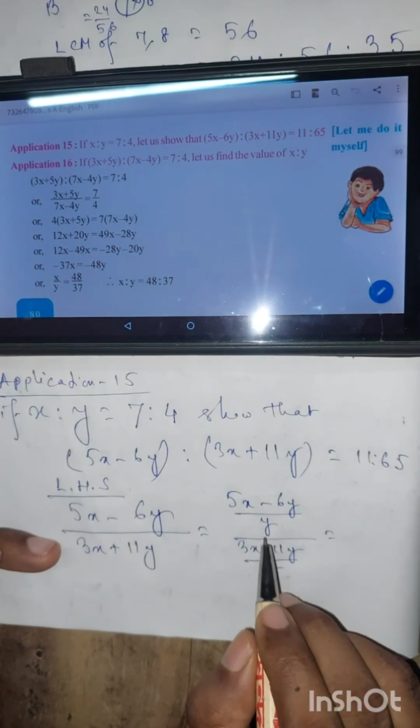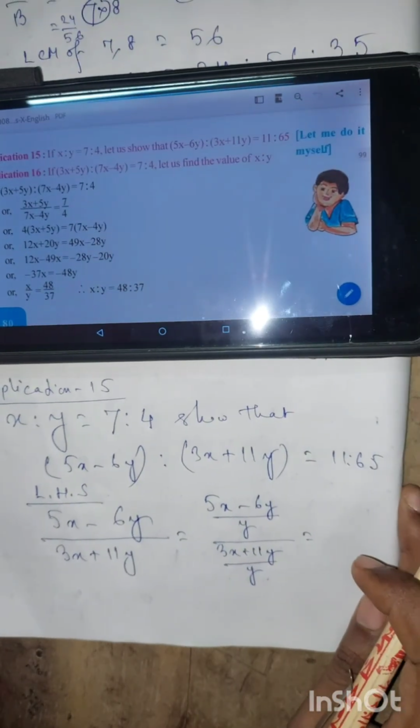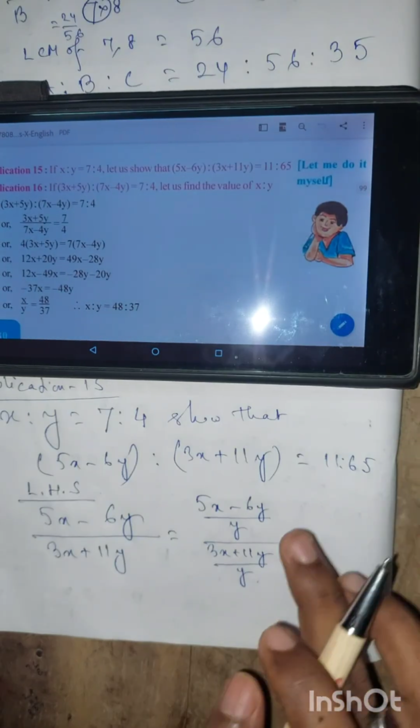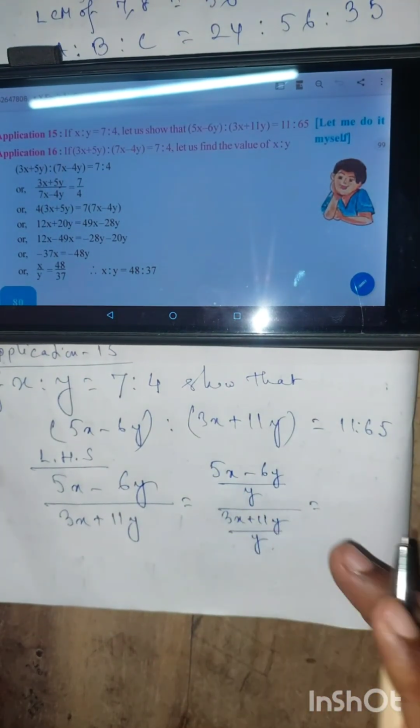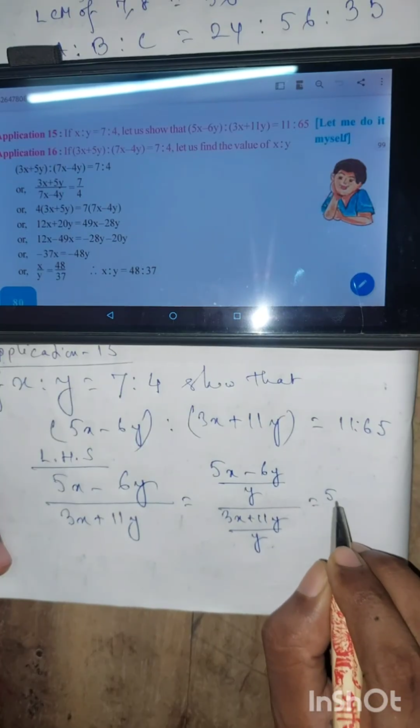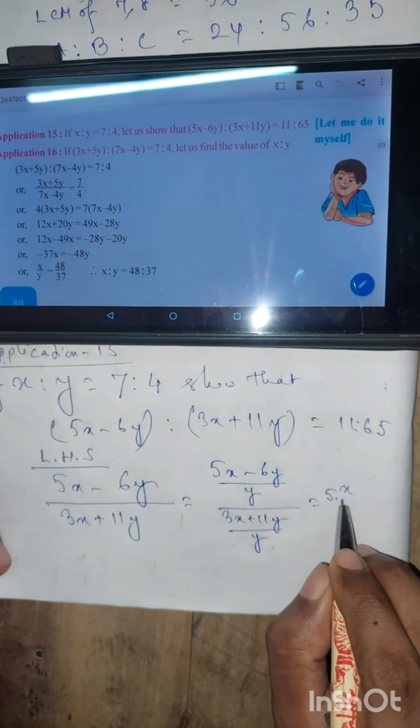Now if we distribute y to these terms, we get